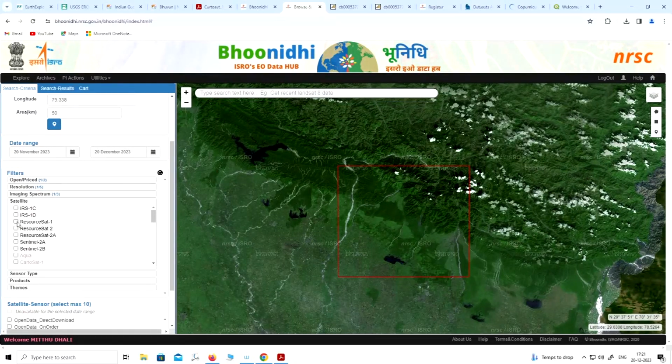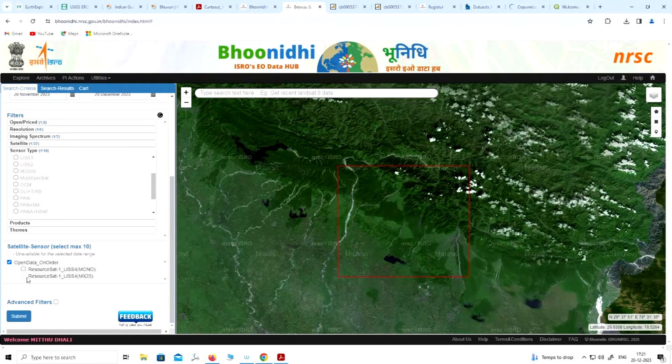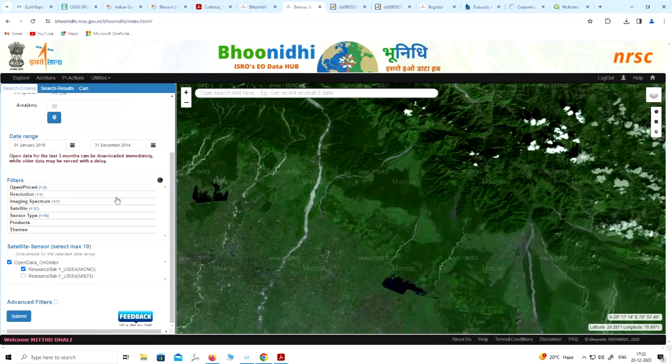So suppose I want to get the data from Resourcesat. For this, you have to choose the sensor type. LISS 3 and LISS 4, these two are the sensors for the Resourcesat. Suppose I choose one of the sensors, LISS 4, and now you can click the open data. So LISS 4 Mono and MX23. Now you submit. Okay, so when you choose all these filter options and your date range, and you finally submit